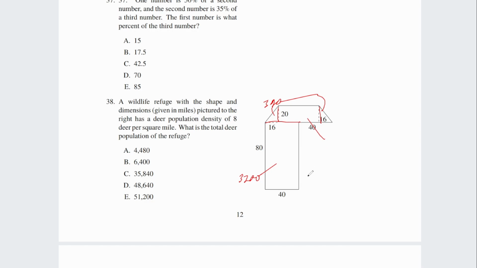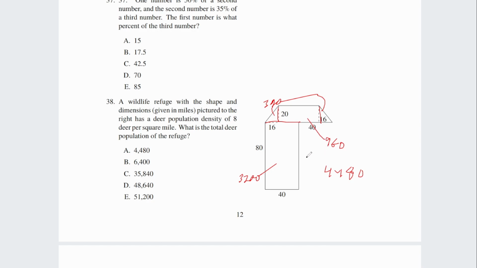And this is going to equal 20 times whatever this base is. And these legs are 16 miles, which means that this base is going to be 48 miles. Right? 16 plus 16 is 32, 80 for the total length of this, and 80 minus 32 is 48. So we have 48 times 20, or 960. Add them all together, 320 plus 960 plus 3200, and we end up with